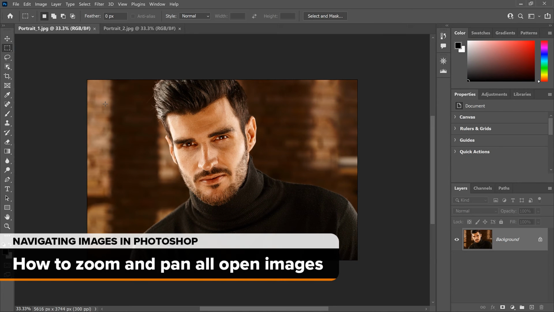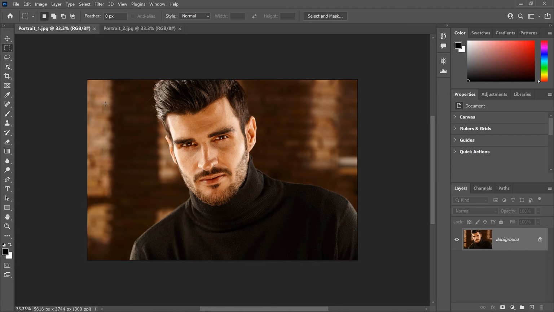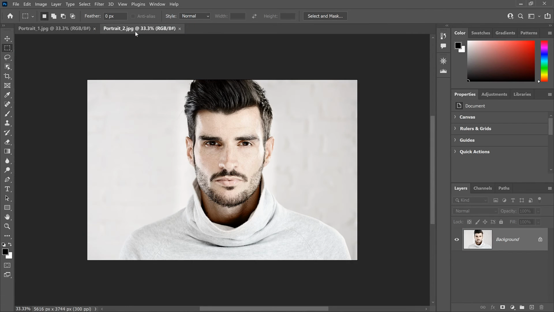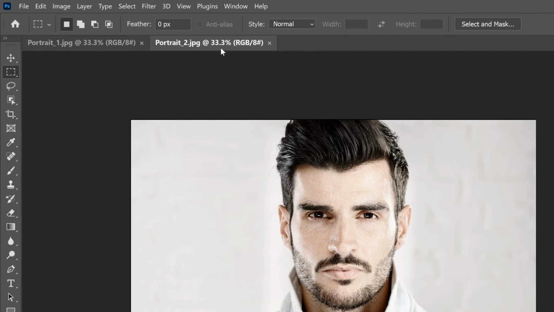Finally, now that we know how to navigate around a single image, let's finish up by looking at how to zoom and pan multiple open images at the same time. For that, I've opened 2 more images, both from Adobe Stock. We can switch between open images by clicking the Document tabs, and both of my images opened at the same